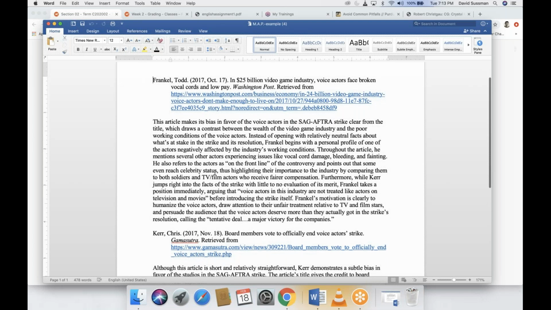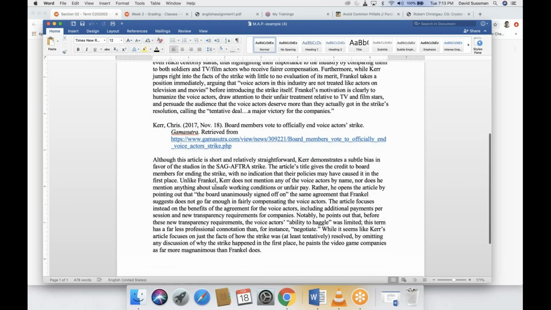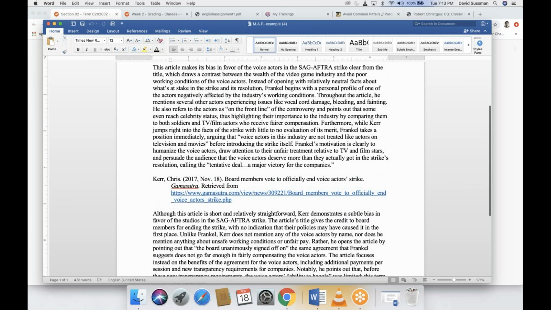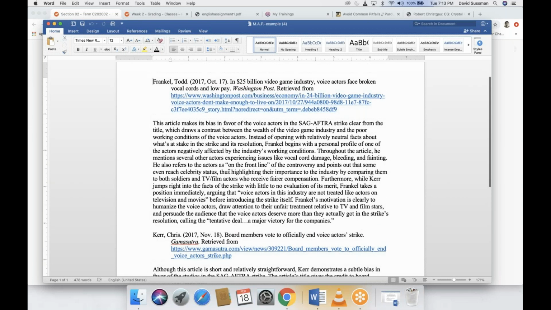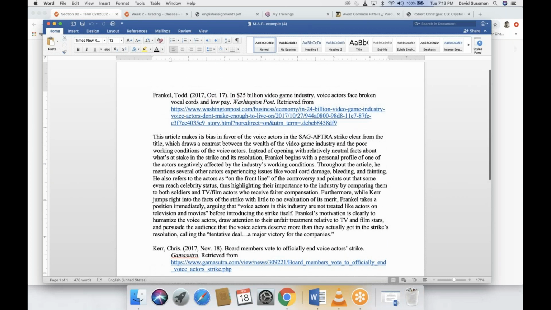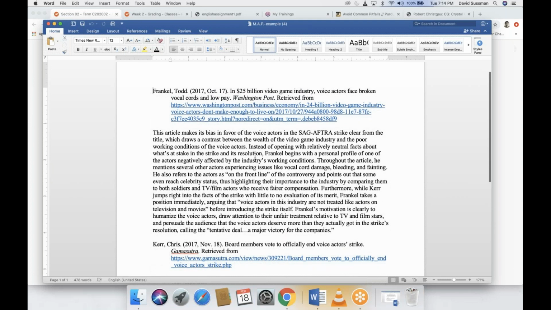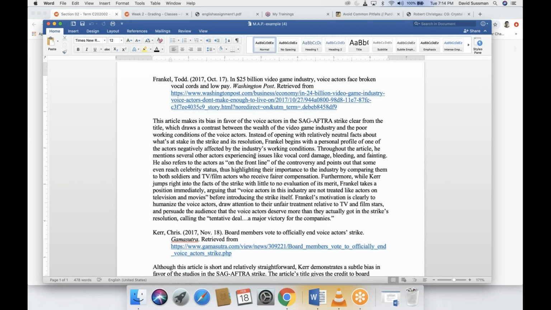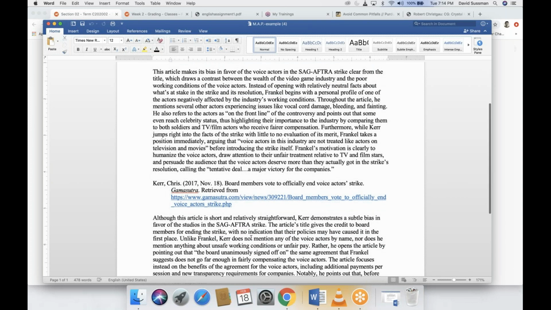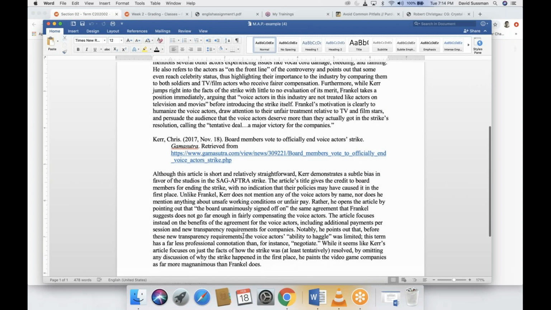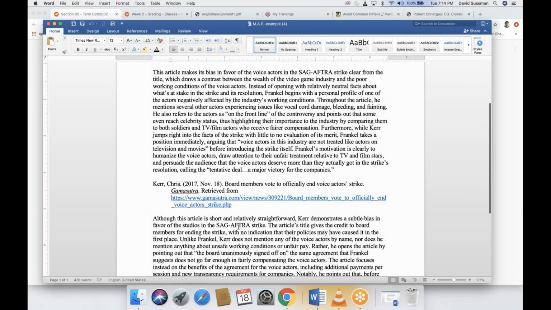But you can see here are 2 articles on, what's the topic? Video games, okay? Looks like it has to do with voice acting in the video game industry. So those of you who are interested in video games, you can... Matthew asks, are we writing in third person? It's up to you. You can write in first person. Like here, I don't think this person uses first person at all. It doesn't use I. Sure, you can use I.